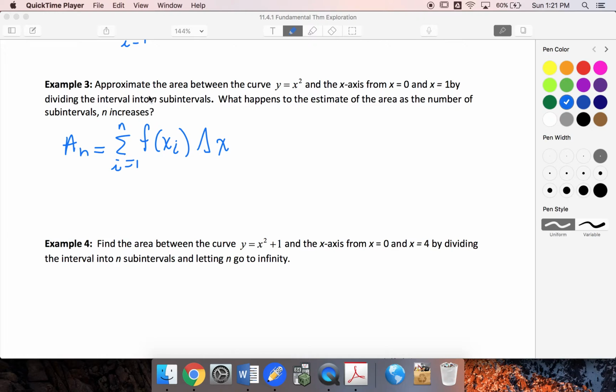Well, the higher that n gets, the closer that my delta x, remember delta x was going to be 0 to 1, that distance, so 1 divided by n. So as I'm letting that n get bigger and bigger, this delta x, the width of my rectangle, is getting closer and closer to 0. So really what we're looking at is our total area is going to be found as our limit as dx, or our delta x,